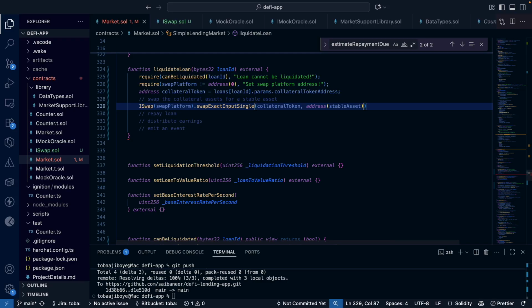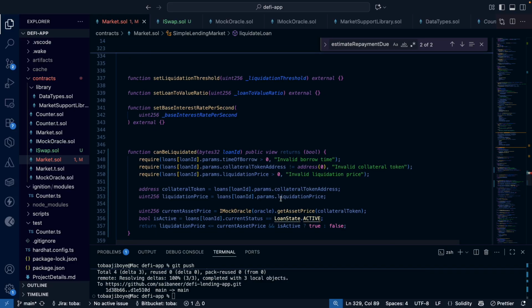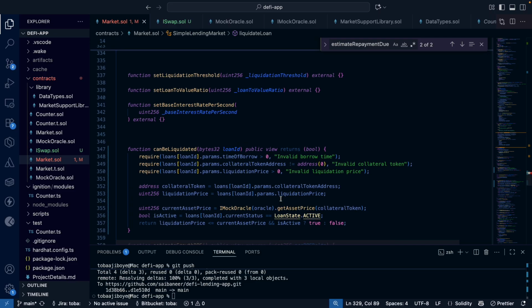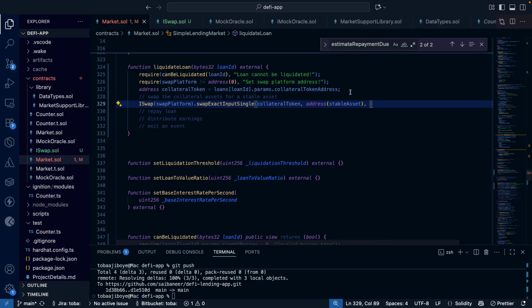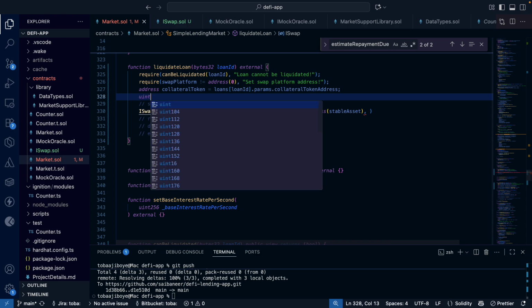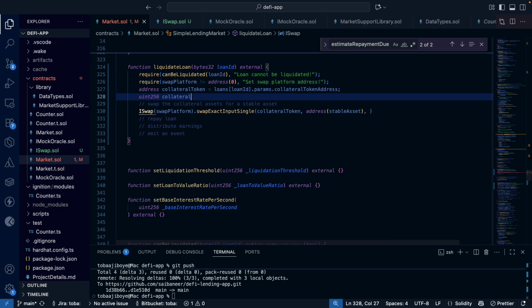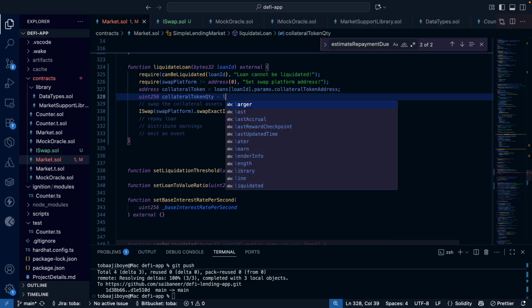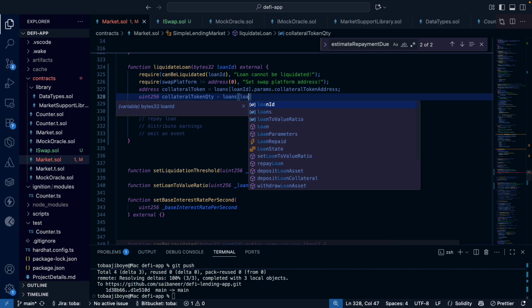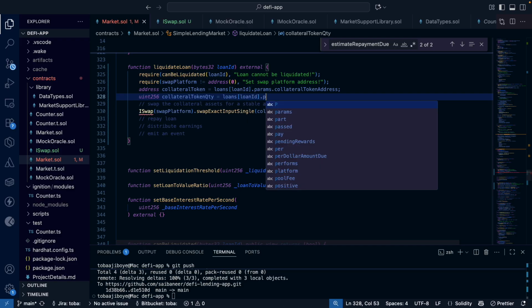And the units collateral token quantity. We need the collateral token quantity. uint256 collateralTokenQuantity is equal to loanID dot params